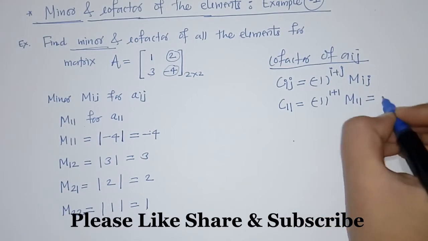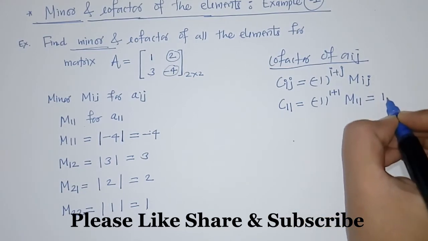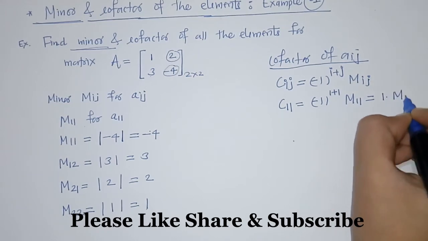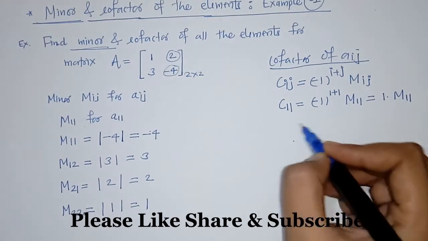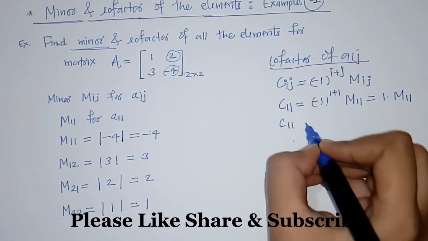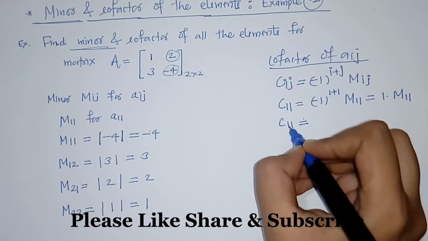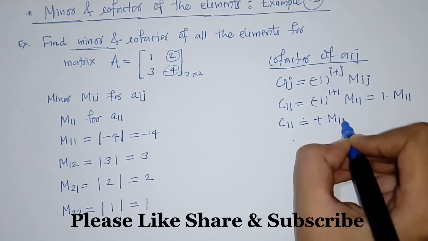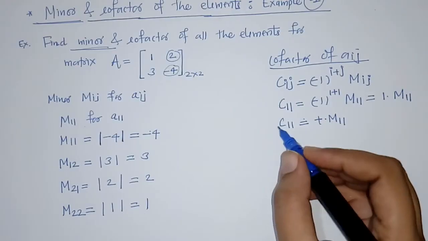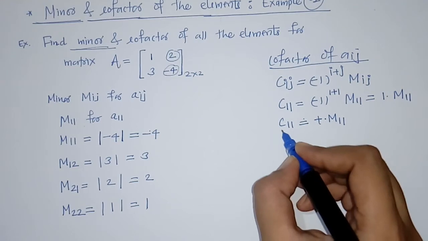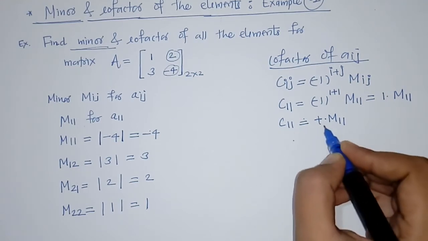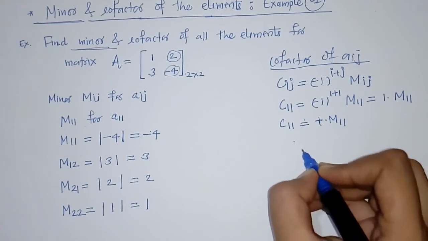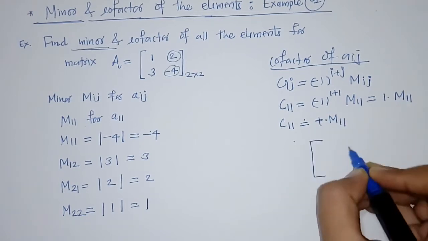On simplification we get 1 into the minor, so the cofactor of the first element is plus the minor of that element. We know that cofactors and minors are related by plus minus sign,